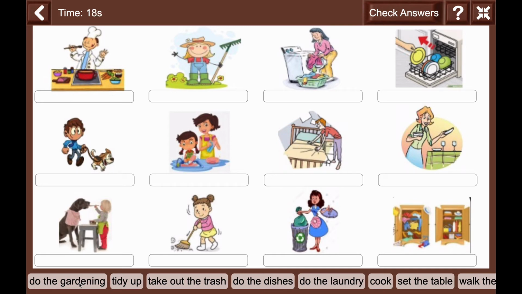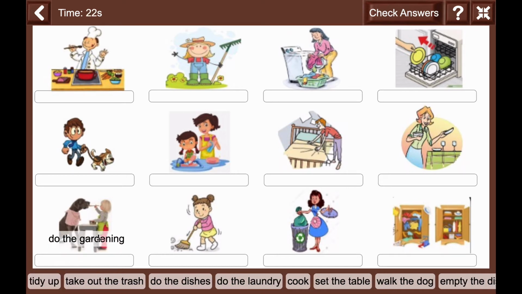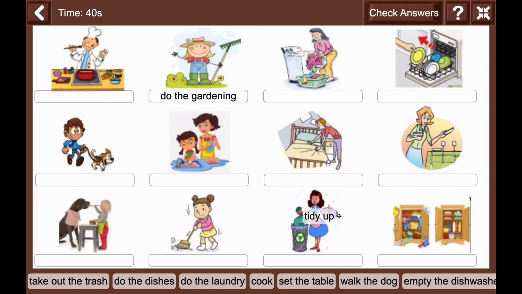So again, we will press on and drag it up. Where is do the gardening? Up here. Is this right? Is the girl doing the gardening? What about tidy up? Which one is for tidy up? Over here.